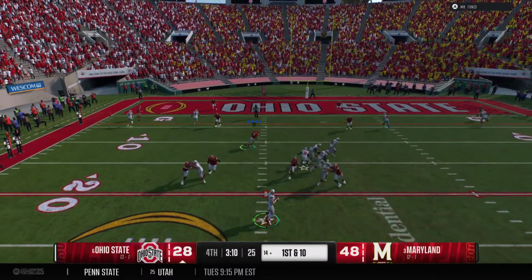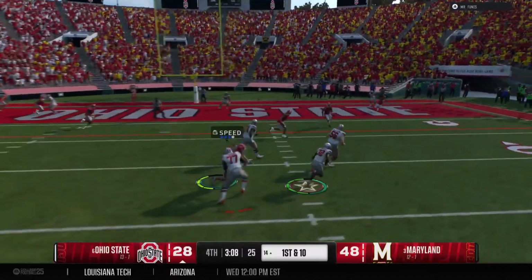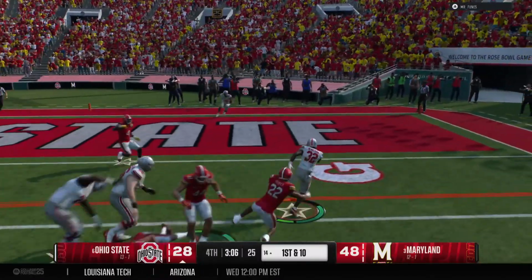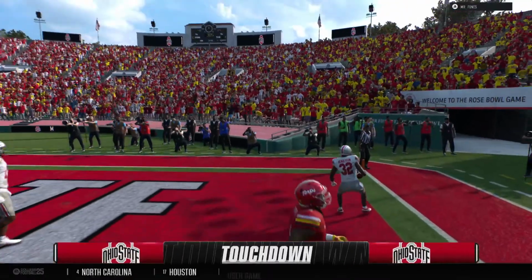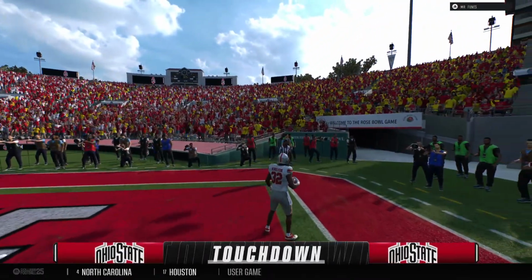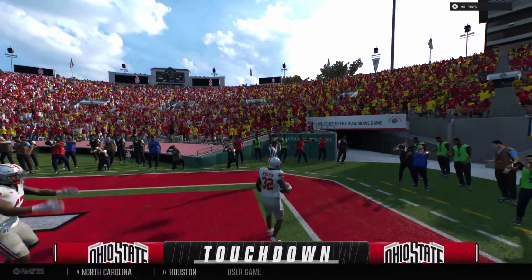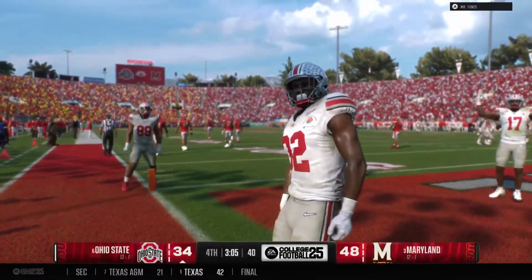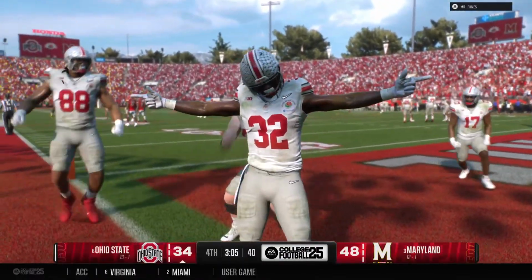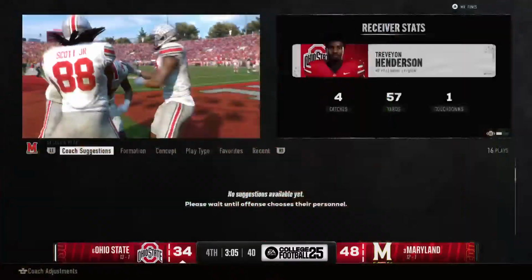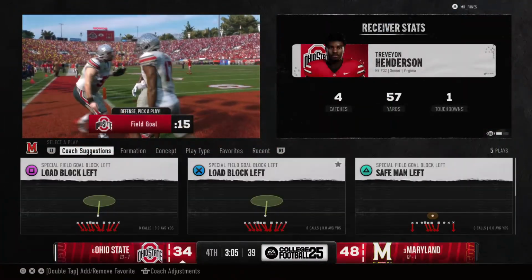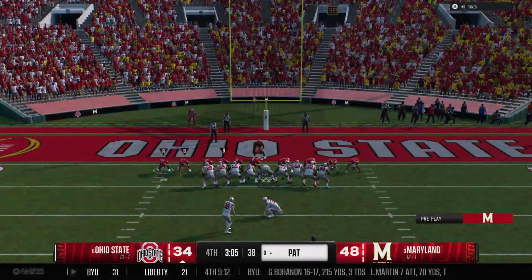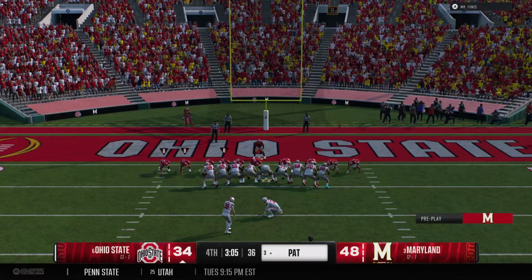From inside the red zone, they're looking to throw. It's a screen pass complete to the running back. Touchdown, Buckeyes. Strong game by this quarterback. I'll tell you what, a screen pass is tough to do, but when executed well, the result is this. Perfectly timed by the quarterback to drop it off to the back, gets the big lineman in front of him, all the way to the end zone for a touchdown.